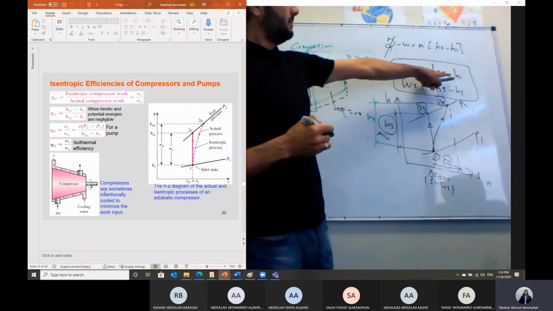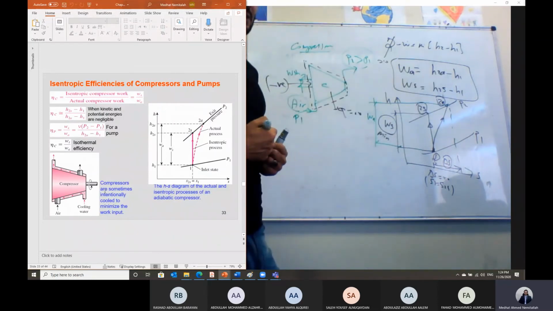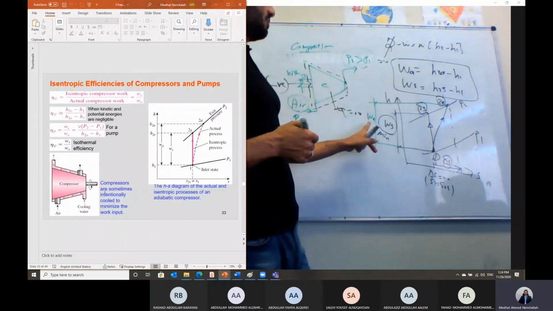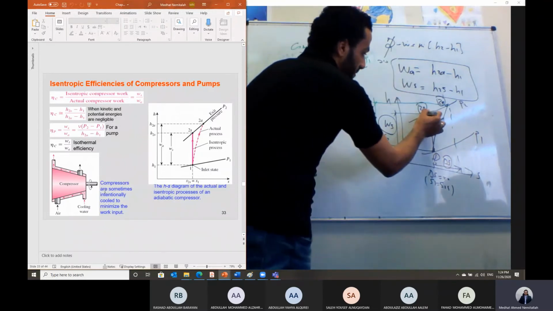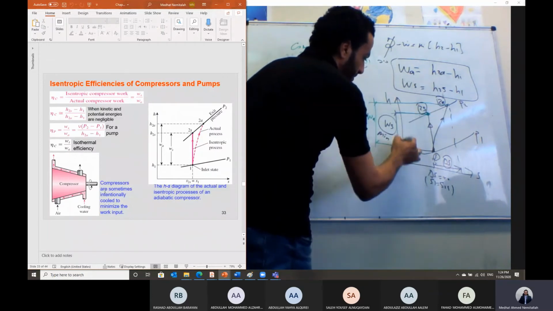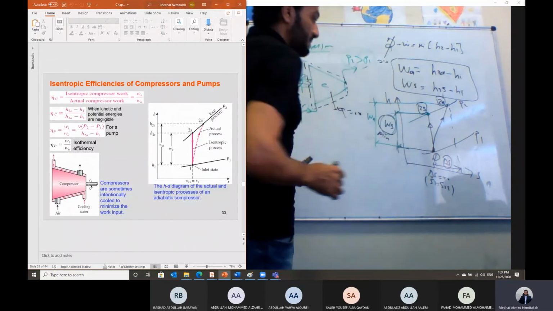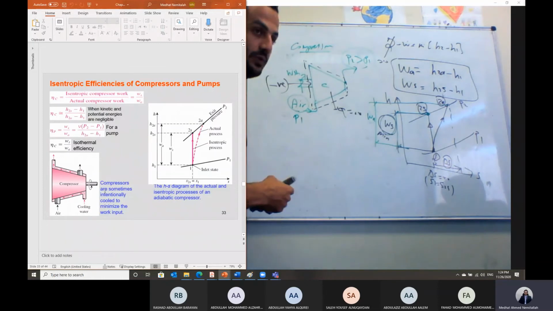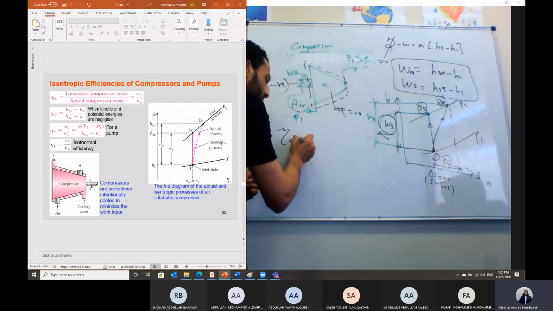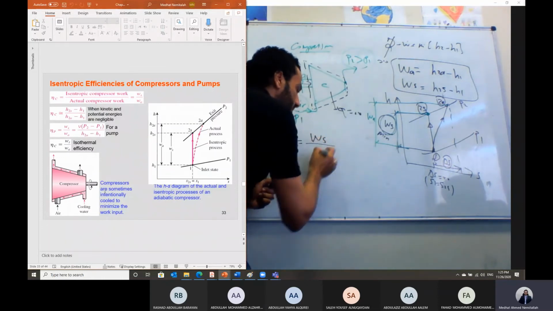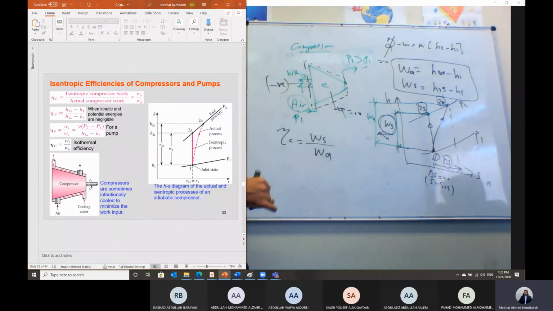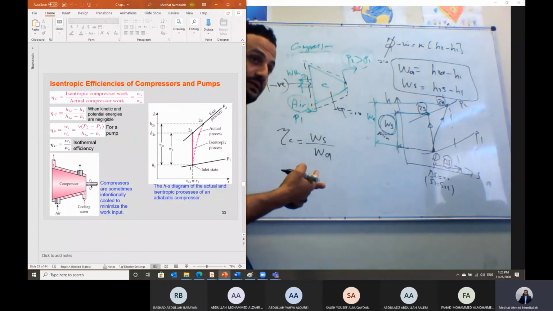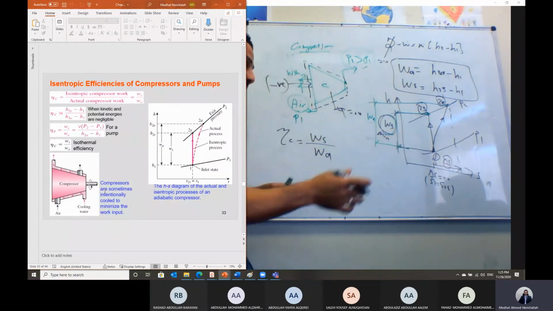About the actual work in this case. Or H2 actual minus H1 should give us an indication about the actual work. And this one, H2S minus H1, should give us an indication about the isentropic work. And in case of a compressor, the isentropic efficiency of the compressor is the ratio between the isentropic work divided by the actual work. It is the reverse of the case of a turbine, as it is producing work, so actual